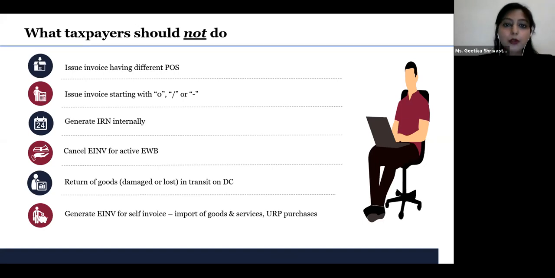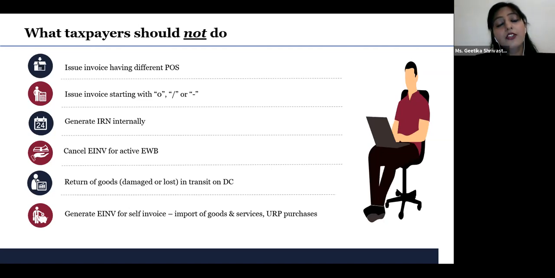And there you will not be able to make any changes, because for this particular invoice, you have a unique IRN number. Now you cannot go onto the GST portal and put a 0 or a hash to give a separate number, because that number will be a unique invoice in the GST portal without having any IRN number. So this is a practice which needs to be changed right away so that there is no misreporting or short reporting at the portal.